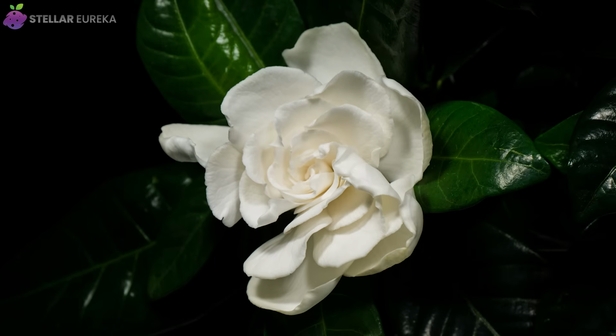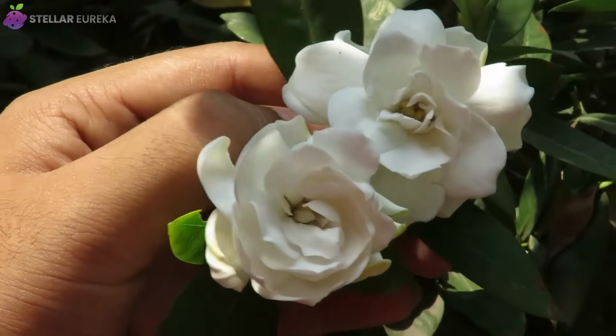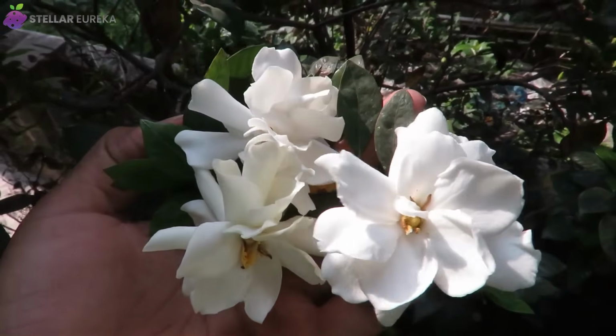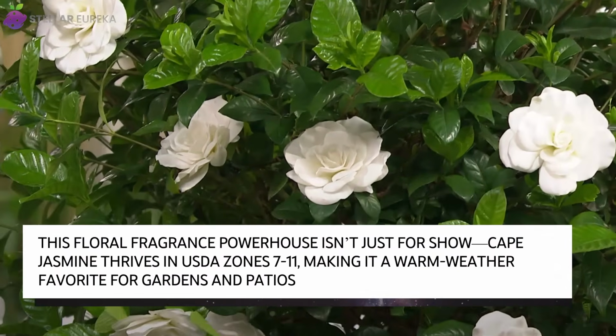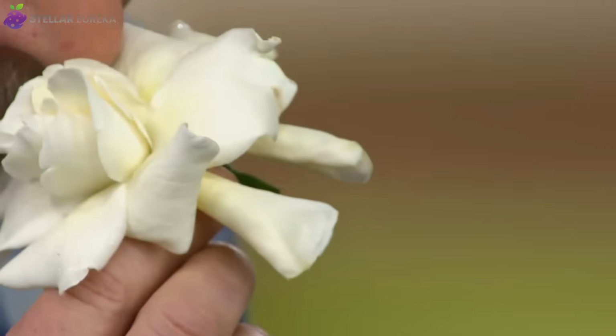Gardenia. There's a reason why gardenia has captivated flower lovers for centuries. With creamy white petals and a fragrance so rich it's often bottled into perfumes, this elegant bloom is the epitome of floral luxury. But don't let its delicate beauty fool you. This plant has a surprisingly resilient nature, thriving in warm, humid climates and bringing its intoxicating scent to gardens, balconies,